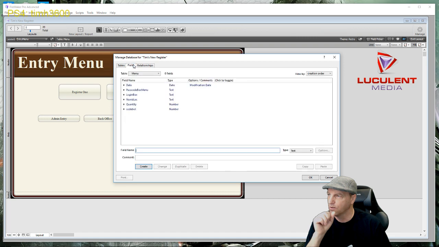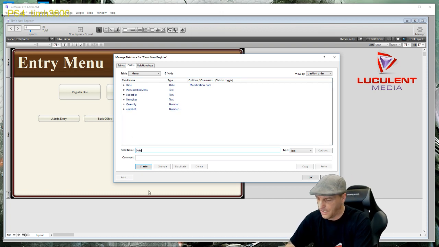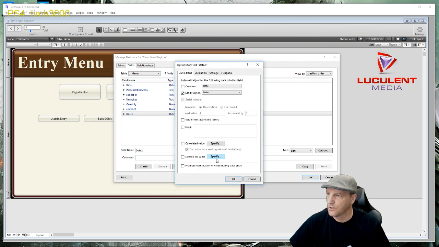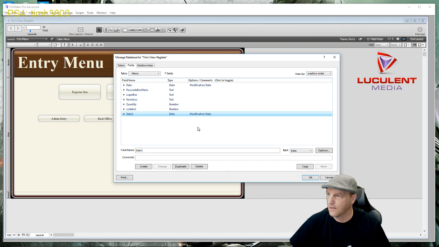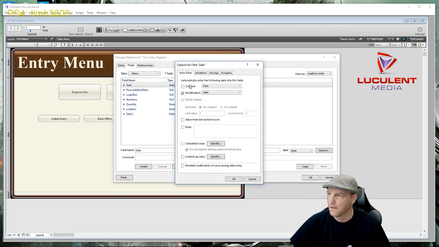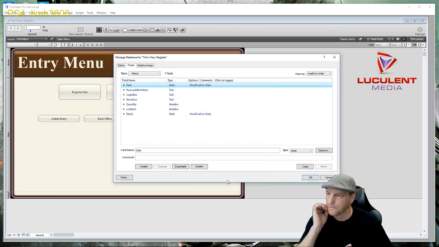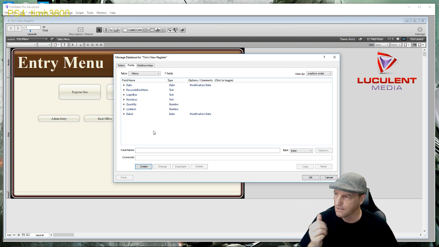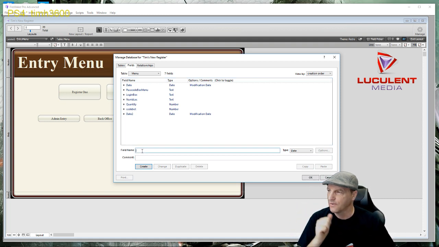So let's go into our fields for the menu, and you have date, passcode, lock. See exactly what we have. So what we're going to do is type in date 2, and we want it to be a date. And we're going to create it. We're going to double click on it, and we're going to do modification and just call that good. And now it's the same as this one, modification, except it's date 2. You see where we're going with this? So then we could have here